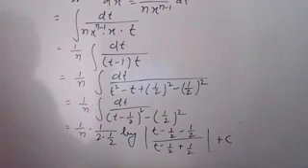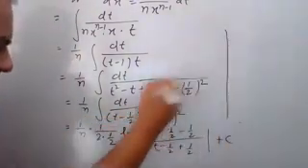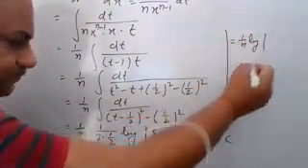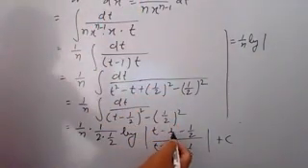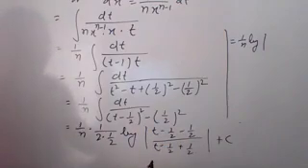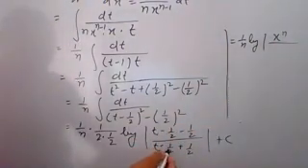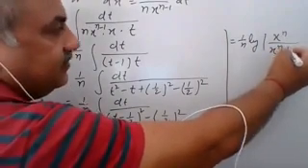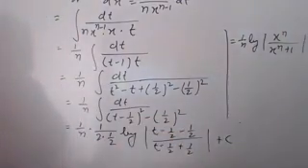Now putting the value of t, which is x to the power n plus 1. So you have this 2 and 2 cancelled out. So you have 1 upon n log of, where the value of t is x to the power n plus 1, and here 1 by 2 minus 1 by 2 is minus 1. So here you have x to the power n divided by x to the power n plus 1, and the halves cancel out, plus c is your final answer. Write it.